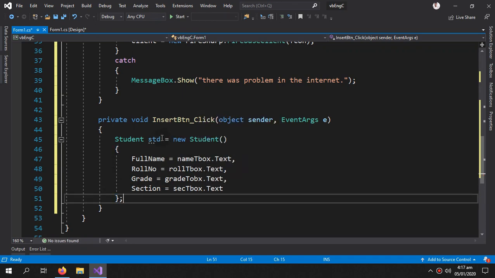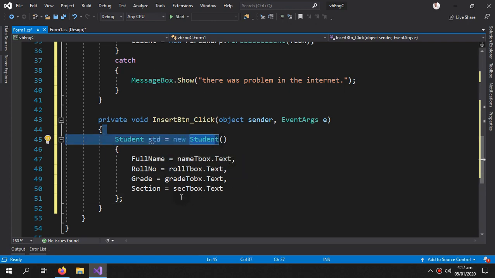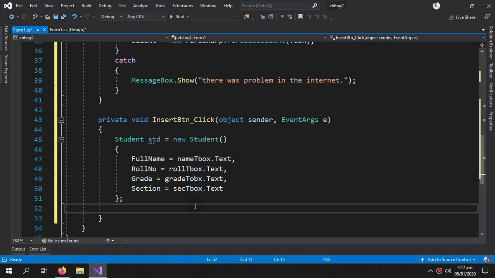So here is our std object of the student class, which would help us to store the data inside our